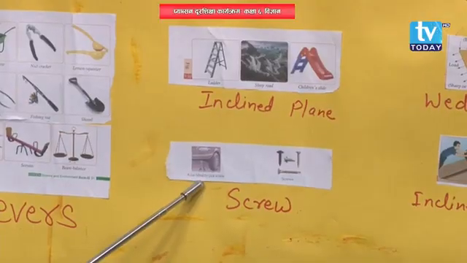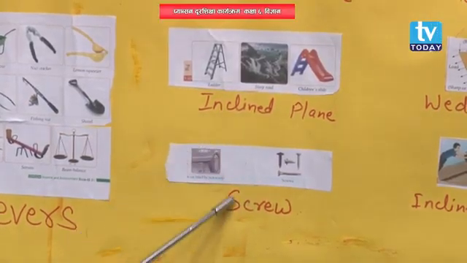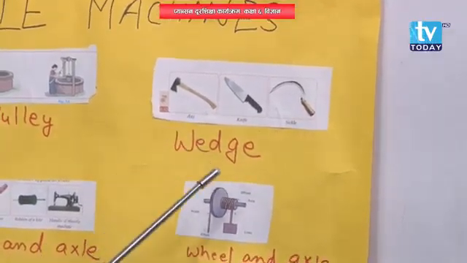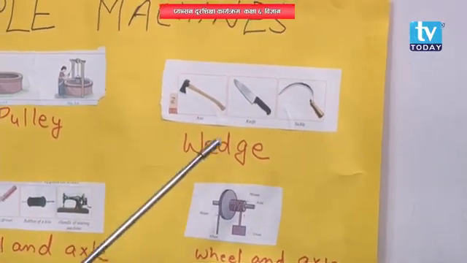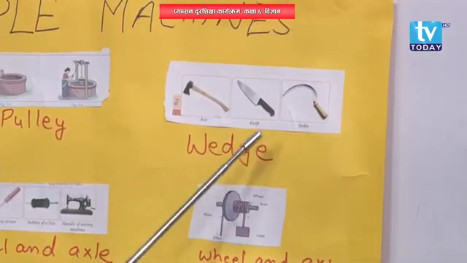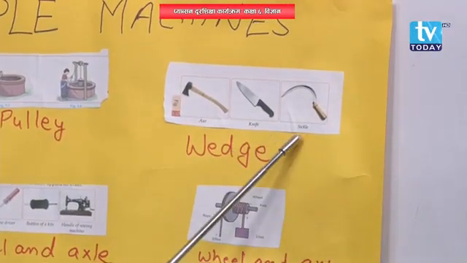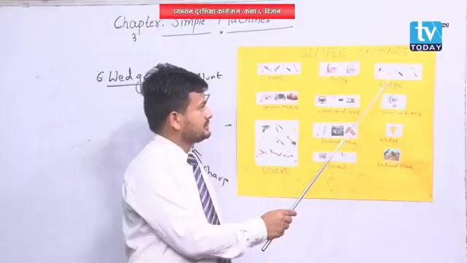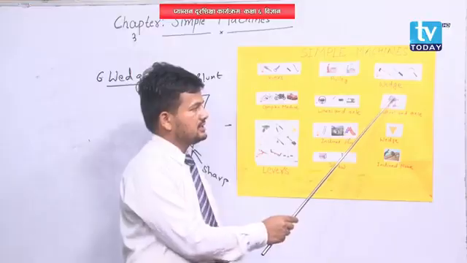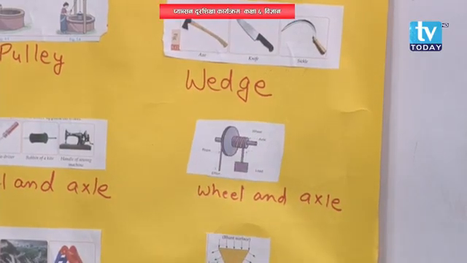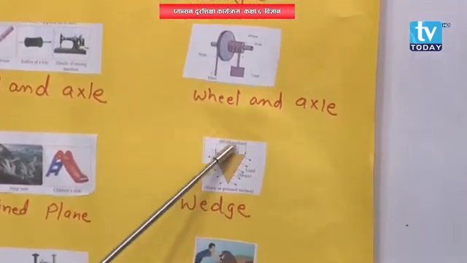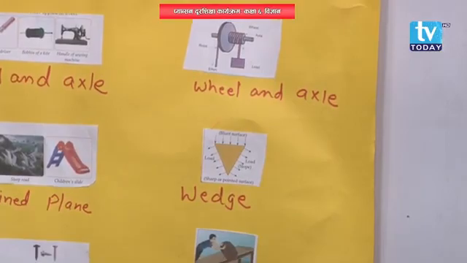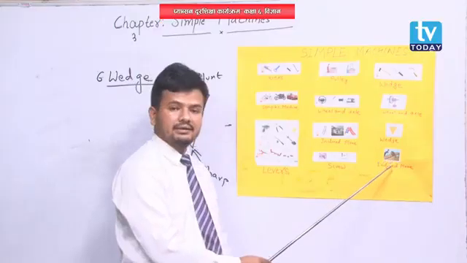A car lifted by a jack screw. Here is the figure. Next is the wedge. I already told you, a wedge is a simple machine having one part sharp and the other part blunt, like an axe, knife, sickle. They are wedges. Wheel and axle, I already told you. See, this big cylinder is the wheel and the small one is the axle. In this wedge, one part is blunt and the bottom part is very sharp. And see, this is the inclined plane. What this boy is doing is rolling an object on an inclined plane.